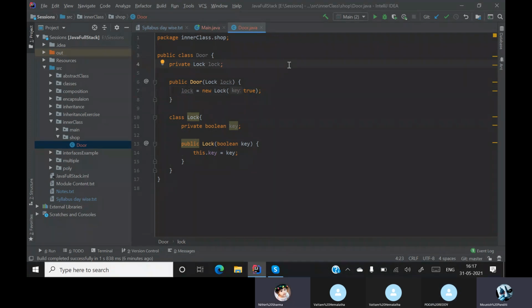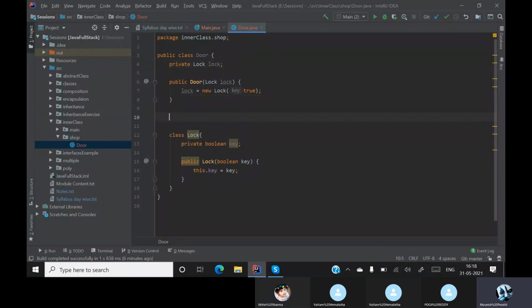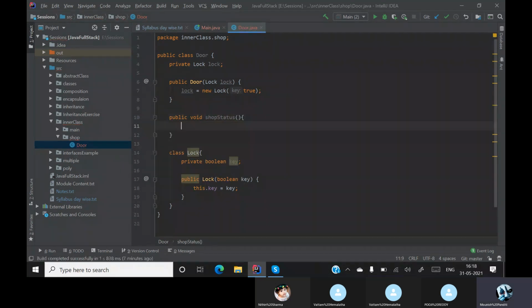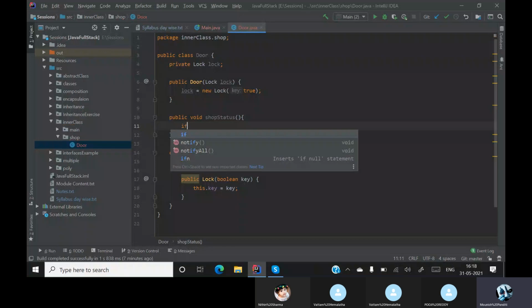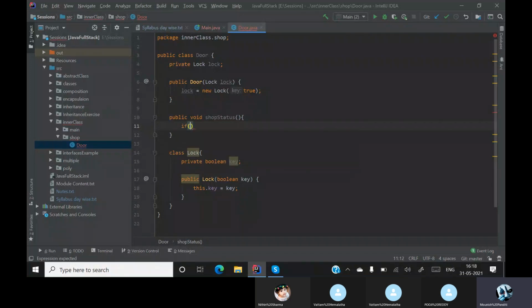No, sir. Okay. Now I want to know what is my shop status. So I'll say public void shop status. I want to know my shop status, means whether the shop is locked or not, means whether the door is locked or not.